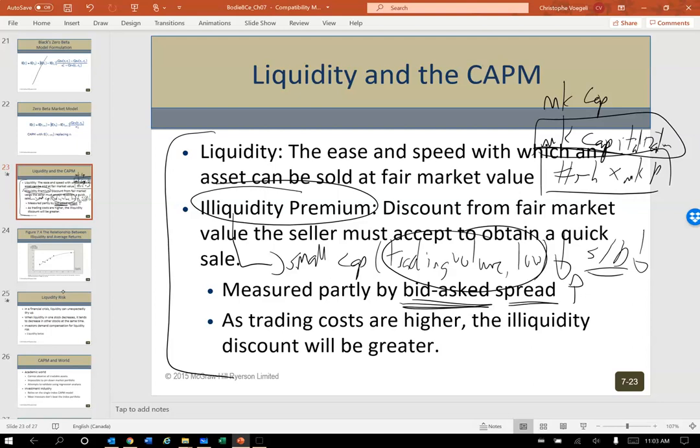So if it's a small market cap, like I said, an $80 million corporation, that's definitely small cap, maybe even micro cap. There's not going to be tons of trading volume. So you're going to have a bid-ask spread that's wider versus trading Royal Bank stock or JP Morgan in the US or some massive Chinese manufacturer on the Chinese market. Its bid-ask spreads are going to be really thin because there's so much trading volume. So there's a negative relationship. If there's low trading volume, we end up with a bigger bid-ask spread.